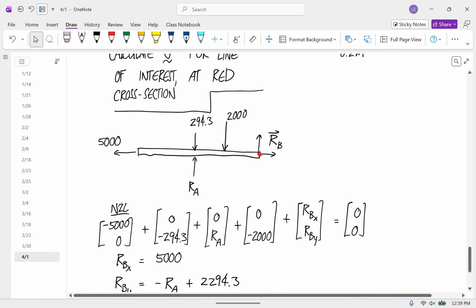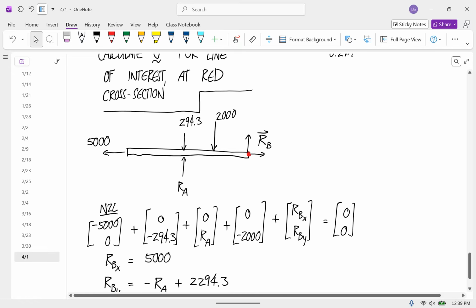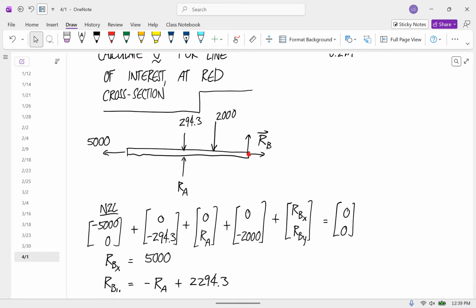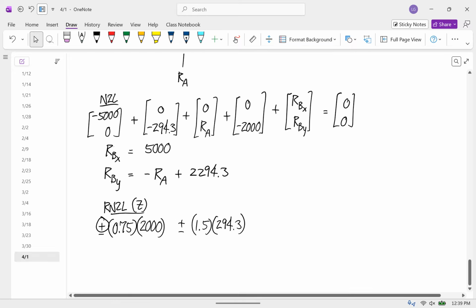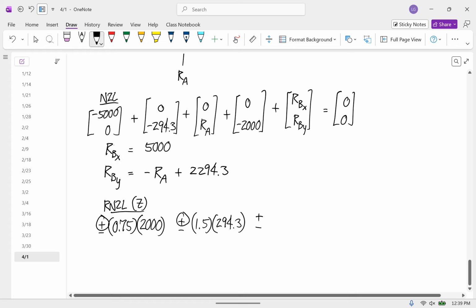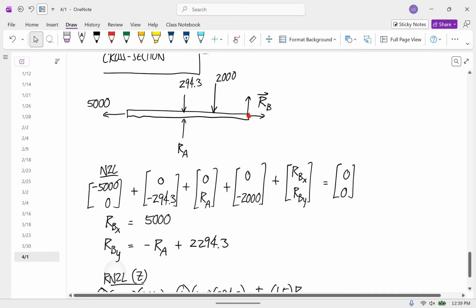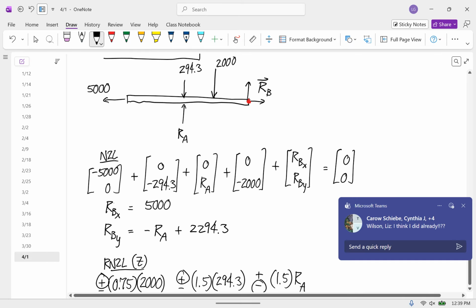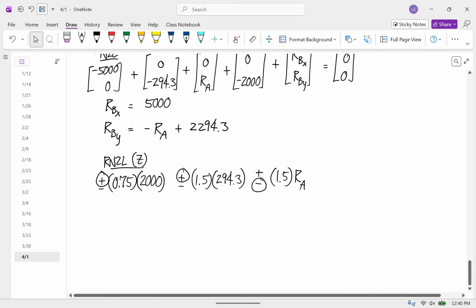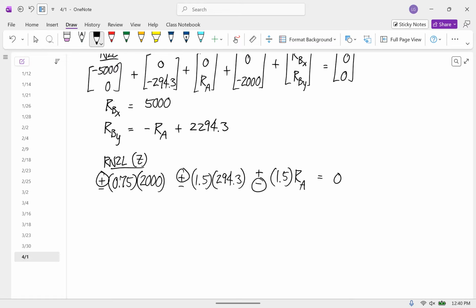And would that weight force make it rotate clockwise or counterclockwise? The 294 would make it go counterclockwise. And then the RA would make it rotate clockwise. So 1.5 RA. This time we want negative. The 5,000 doesn't produce any moment. And so this is all just equal to 0. And so we get RA is equal to